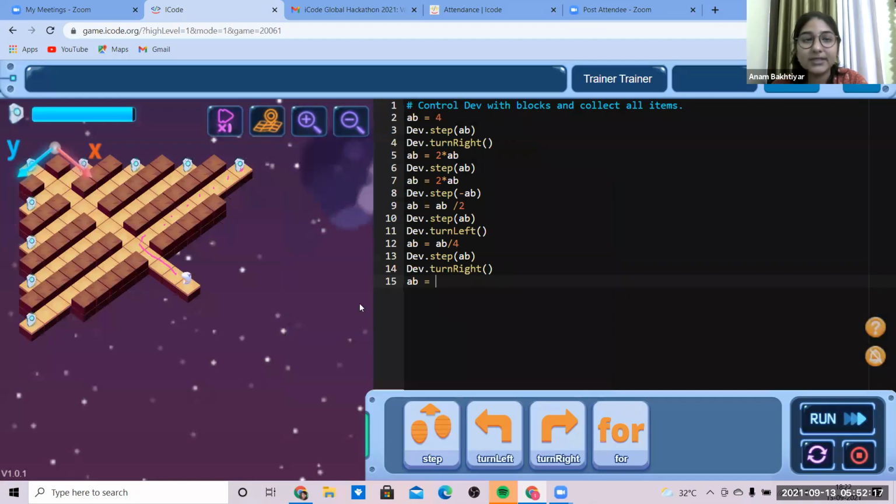So what I'll be doing? See, you can judge your steps from here. How many steps you had taken? 2 steps you had taken. So now 3 into 2. 3 into AB. We had said that. Now what we can do is Control V. Not turn right. We need to take steps, and that is AB number of times. Then we have to just go for twice of AB now. And we have to take negative of those steps.